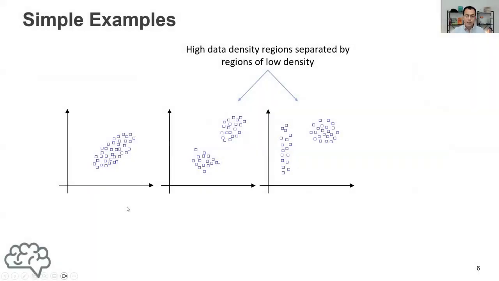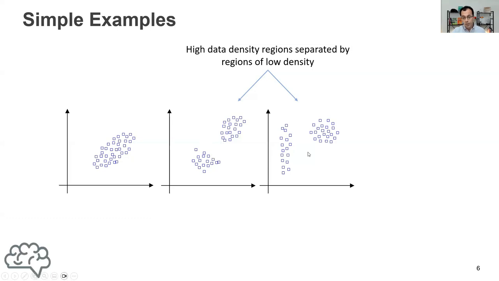Well, let's have a look at some very simple examples for us to understand that. Here we have three different data sets. In this first data set, we can see an ellipsoid with a number of squares, but there is no apparent separation between any subgroup of objects. This is different from this set, in which we can clearly see two subsets of higher density of objects, and they are separated by a space with very low density or no density in this case